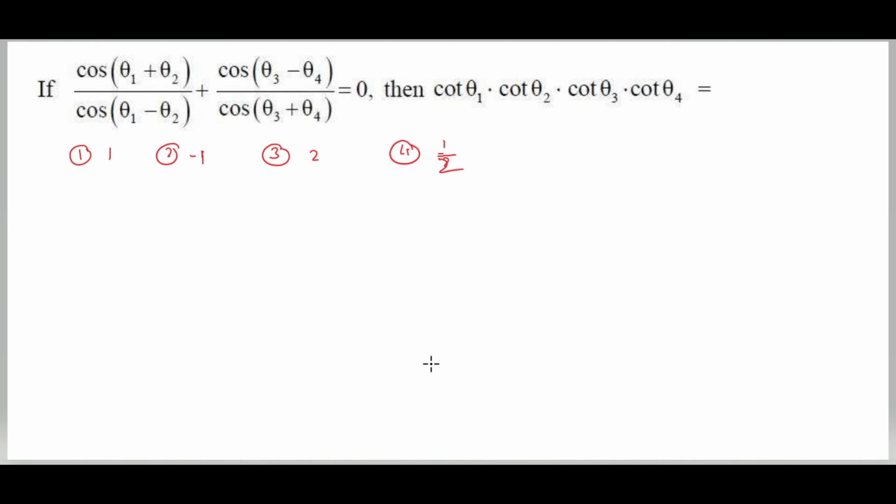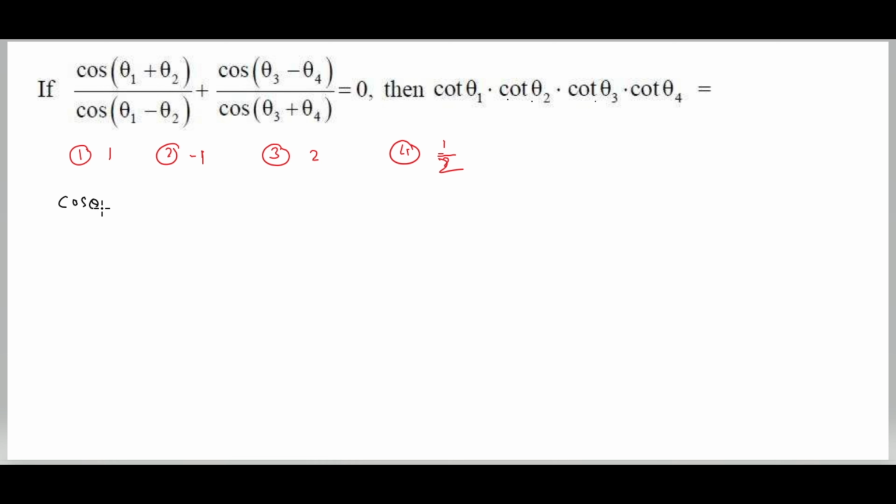If cos of (theta 1 plus theta 2) by cos of (theta 1 minus theta 2) plus cos of (theta 3 minus theta 4) by cos of (theta 3 plus theta 4) is equal to 0, then the value of cot theta 1 into cot theta 2 into cot theta 3 into cot theta 4 is equal to dash. Here it is given cos of, this is in the form of cos of a plus b, that